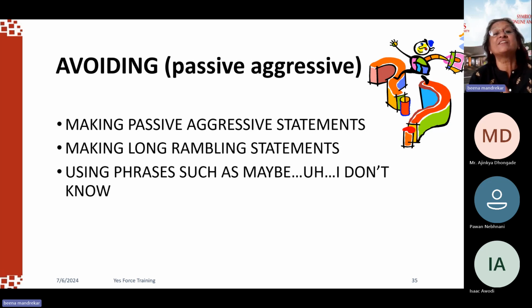Not meeting the person in the eye, not looking straight in the eyes of the person, just mumbling something and looking down. How many times we've put our grandmothers and grandfathers in hospitals? Every excuse is my mother was sick, my grandmother was sick, etc., etc. Avoiding, passive aggressive. Okay?